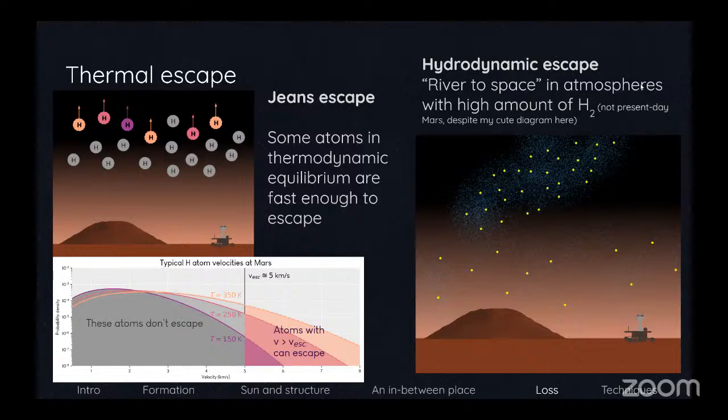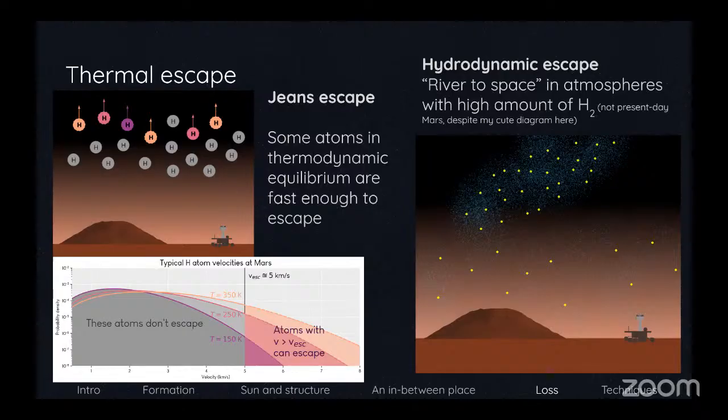So what this is, if you've got a high percentage of hydrogen in the atmosphere, it'll be in the molecular form typically to be stable. And it's pretty okay at warming the atmosphere. It's not quite as good as CO2, but it's pretty okay. But the way it's different from CO2 is it's a terrible radiator. It is not good at recooling the planet. So as the planet gets warmer and warmer because of this buildup of H2, eventually it will start to throw off all that H2 into space in this grand river.